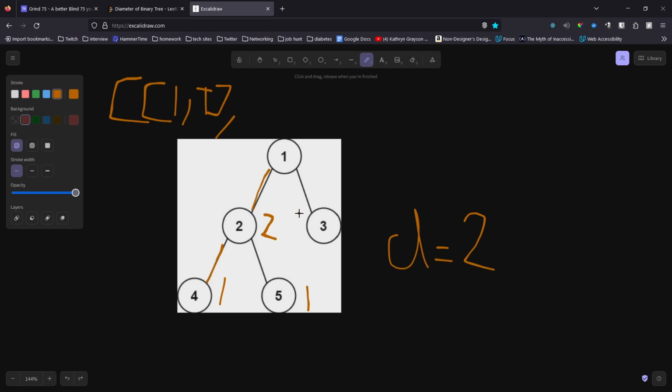We have 3, so it is 1 because we have 0 plus this edge here. And then finally, we're at our last node, 1 and true. We store its height, which is 2 plus 1,